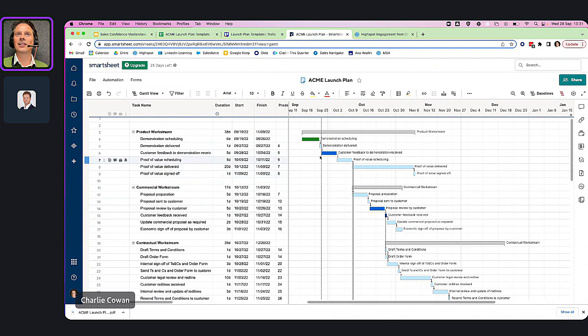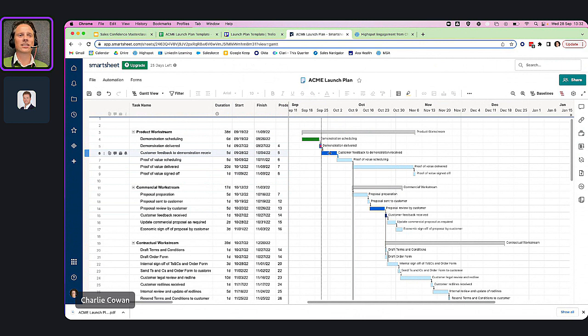A couple of things that I like to do. I'll change the color. If something has already been completed, it's green. If we're behind on it, then I might make that red, so that we know there's an alert there. Another thing that I'll often do is change things that the customer is going to be responsible for to a certain color, just so that that focuses their attention. This week you're supposed to be providing feedback to the demonstration. So, how are we getting on with that?